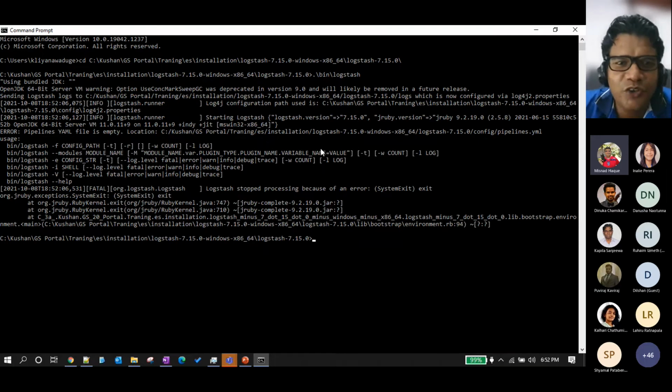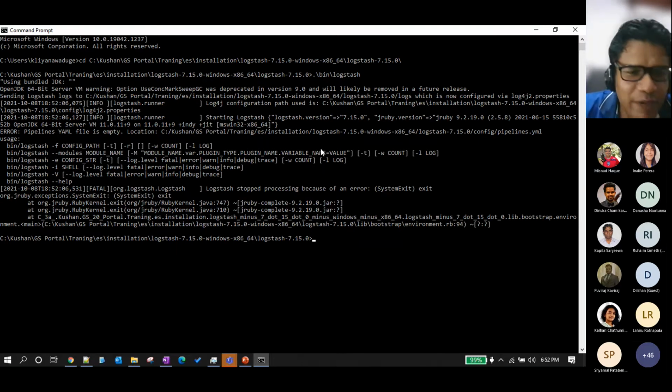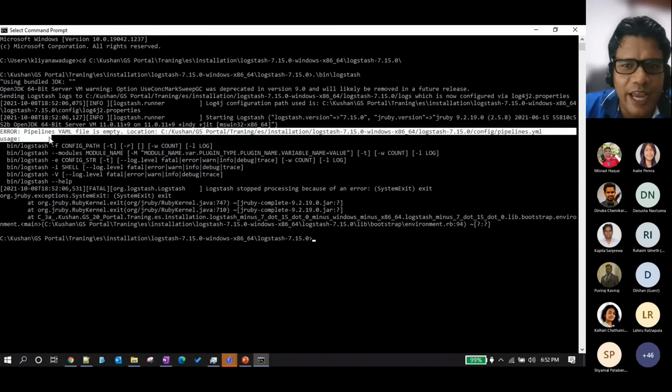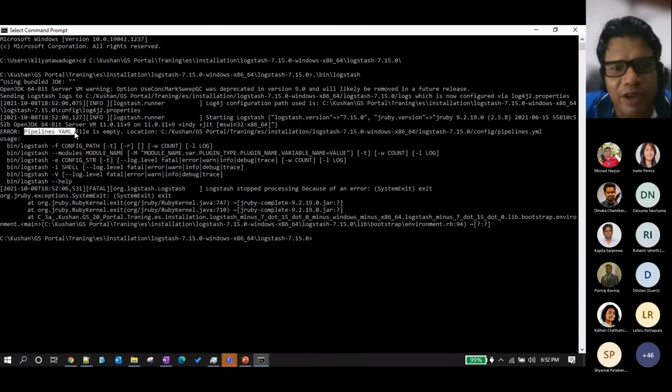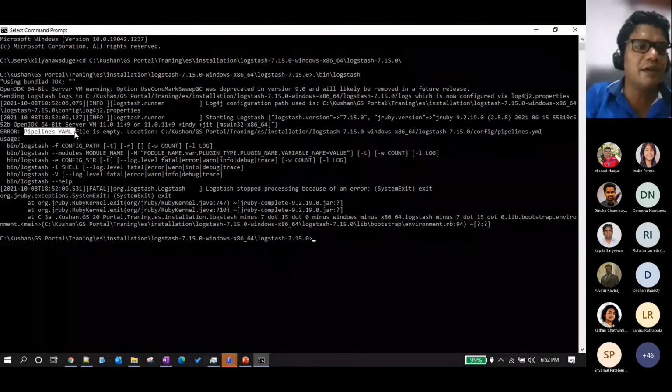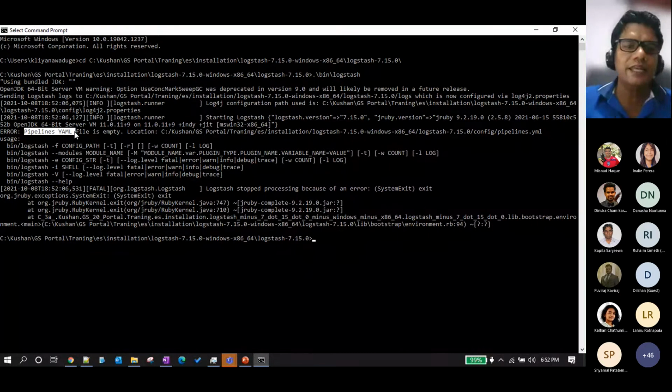So you can see that there is an error. I just want to show you this error. That's why I ran it, because it goes and checks inside the config directory, where there is a file called pipeline.yml. When you run Logstash, I told you that Logstash always needs some input, and then it needs a filter and output.